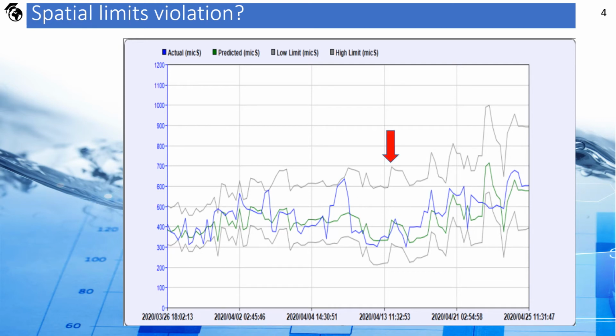Besides, the model calculates two additional values, the upper spatial boundary and the lower spatial boundary. These two values are shown in the graph in front of us as the top and bottom gray lines. When the actual blue value crosses the upper gray line or the lower gray line, a spatial boundary violation is detected. This violation means that something happened to the quality between the source and destination stations. The system generates the above type of alert, as well as other alerts, after a delay of time to prevent false alerts.